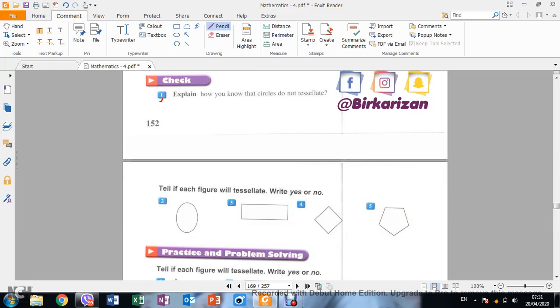Look at this exercise, number 2, for example. It tells us what? Tell if each figure will tessellate. Right, yes or no, only yes or no. Tell me, look at this one. For example, we have this one, like a circle. Can you tessellate this one, yes or no? No. Why? Because when we repeat the parts, look,